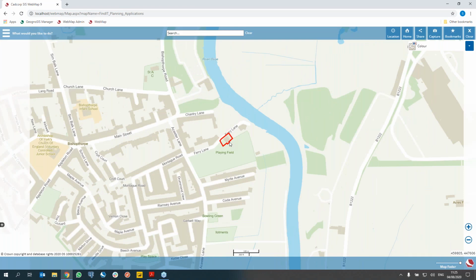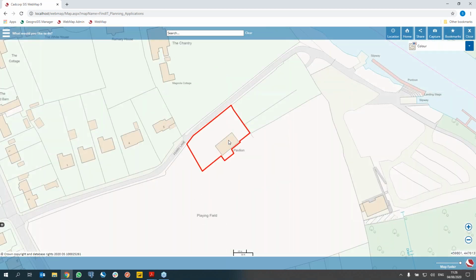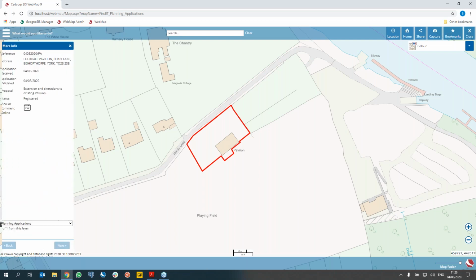you'll remember that when we captured the boundary, the only attribute I applied to the layer was the planning application reference. Now, GIS technology supports connectivity to over 300 data formats, including databases. And so in the background of my GIS layer in this map, I've got a table join that is joining to my planning database. So if I interrogate the application boundary on the map, not only do we see the planning reference that I added to the feature when I captured the polygon,